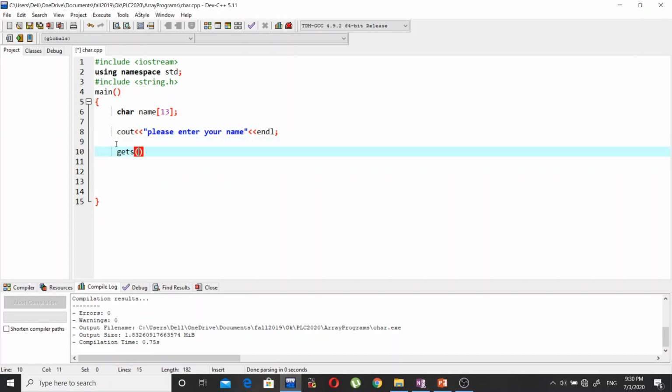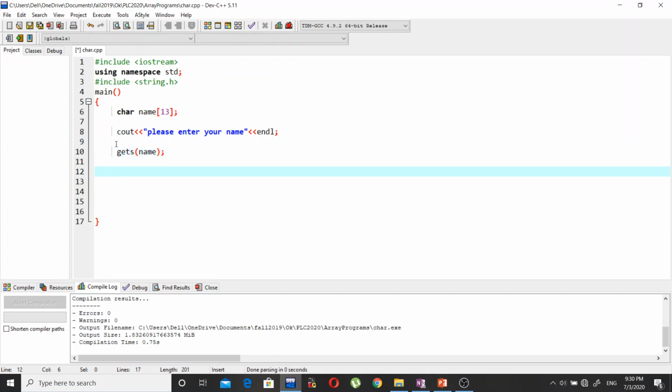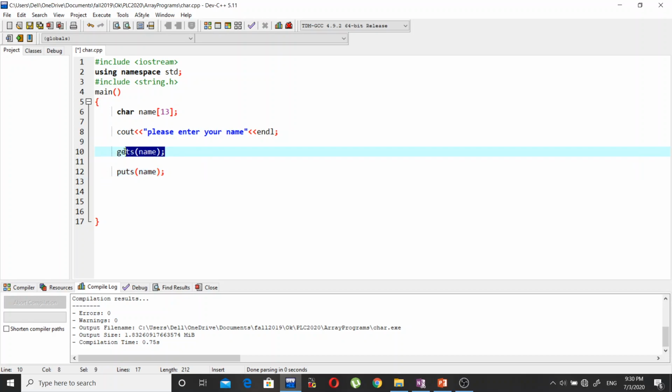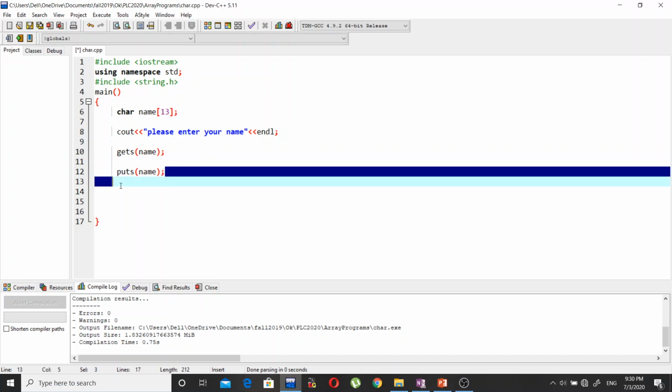Okay, gets is normally used with a character array. Along with gets, we also use another function, and that is puts. Now puts will display the output of any character array. Okay, so here this will take the input from the user, and this will display the output on the